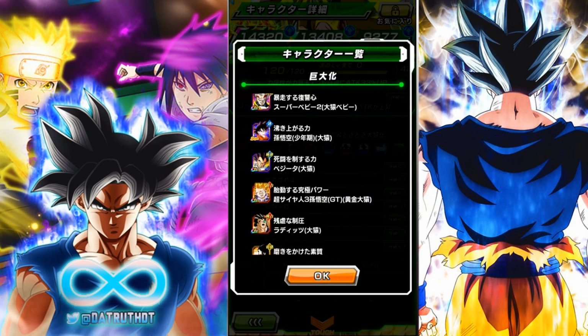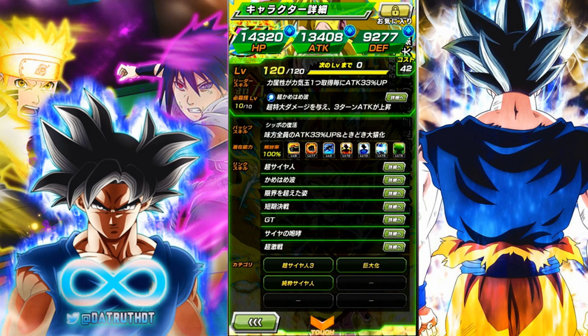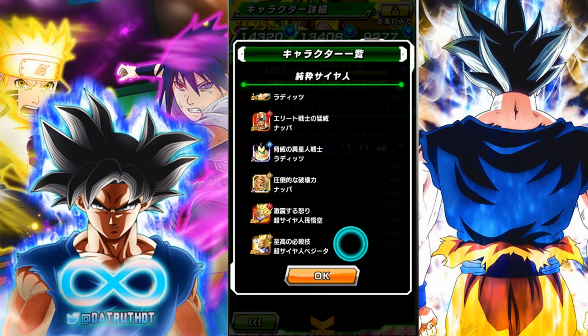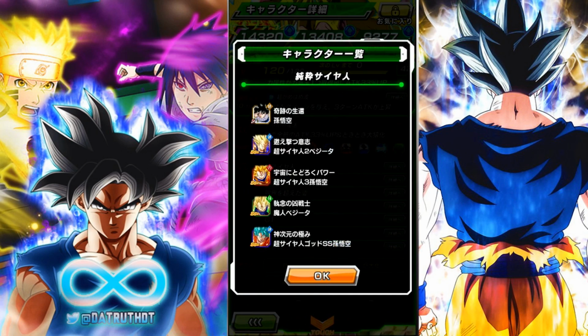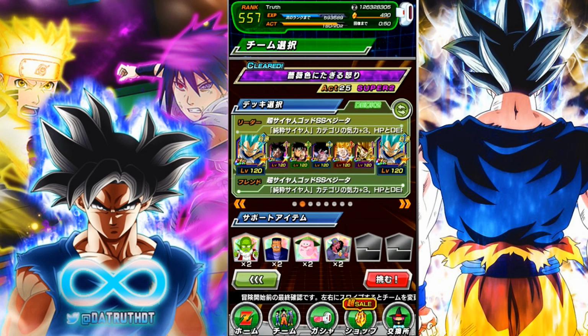We also have the Giant category right here, which is one of the lesser categories in the game, but, you know, it's still there. And, of course, the Pure-Blooded Saiyan category, which is the team that we are actually using him on. I guess we could...